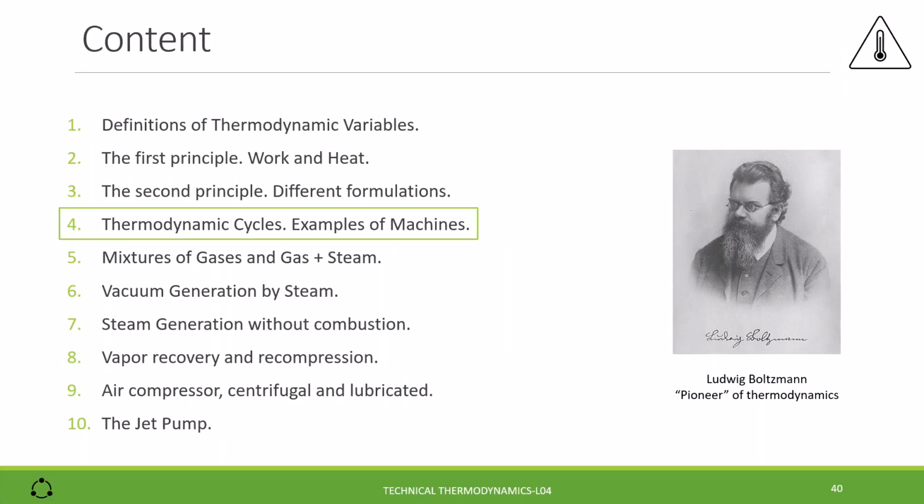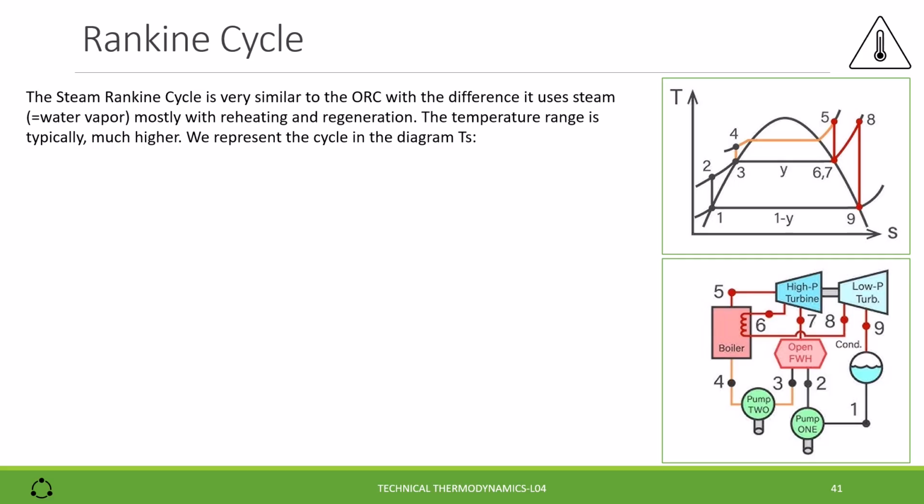In the fourth part of the lesson, we speak about the Rankine cycle, which is a typical cycle for power generation using pure steam. And as usual, we compare the theory with a practical example using two different models. Let's start. The steam Rankine cycle is very similar to the ORC, the organic Rankine cycle, that we have seen